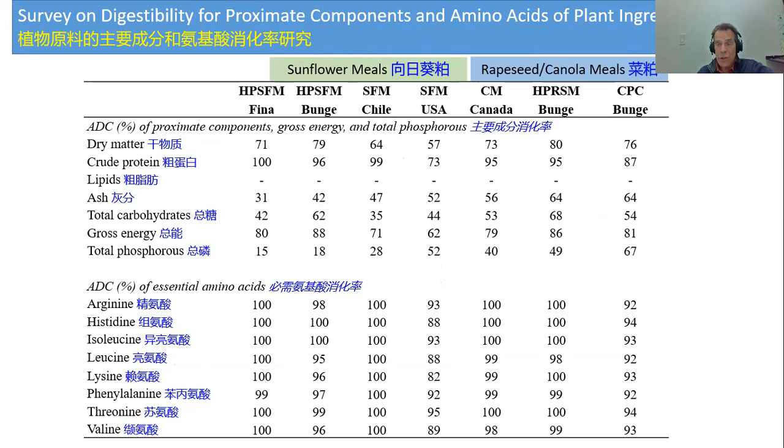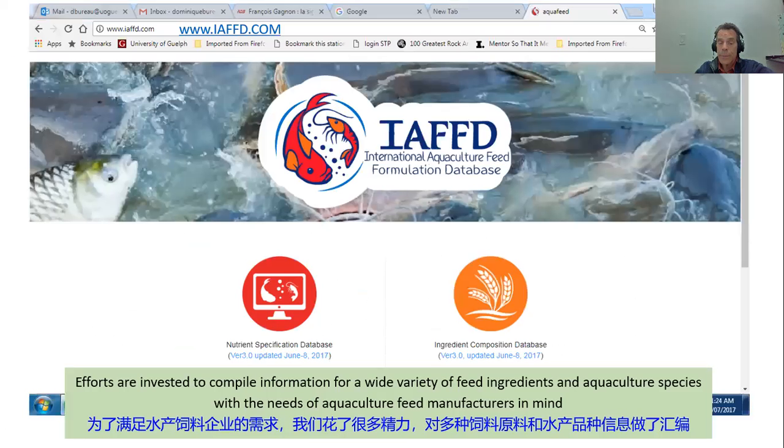My lab, over the years after Dr. Cho, carried out a bunch of efforts on the digestibility of plant protein and animal protein ingredients. We've measured the digestibility of protein and amino acids of a wide variety of plant protein ingredients, measuring in general high digestibility, but sometimes you have poor digestibility, like this sunflower meal from the US. Actually it was relatively quite low digestibility of nutrients. Some ingredients are extremely high digestibility.